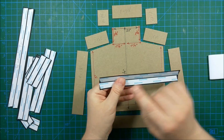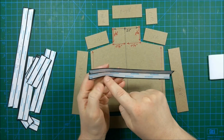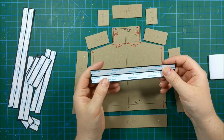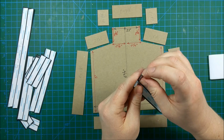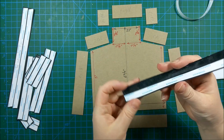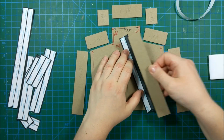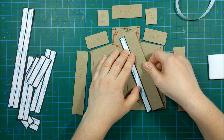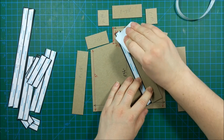But I think that if you use the 1.25, you will need to add a little bit more glue here on the edges, if you want a little bit, how to say, a more quality outcome. Okay, so now I'm attaching the hinge to the chipboard piece